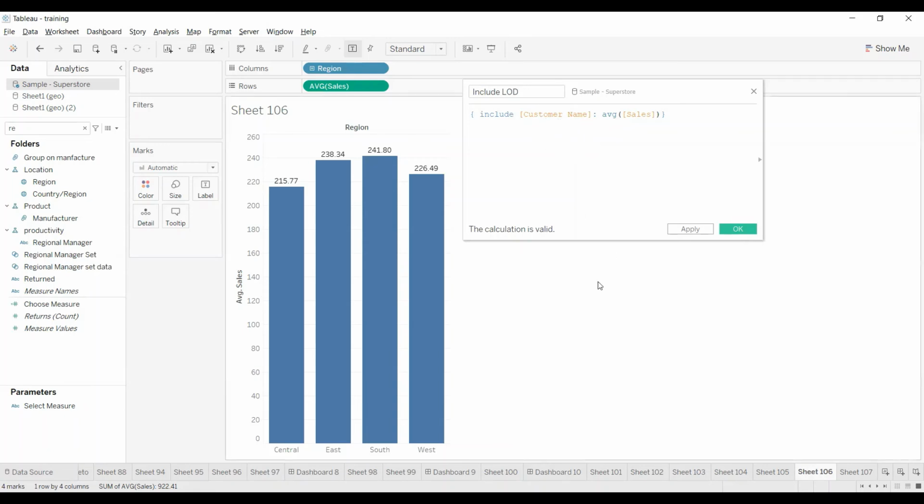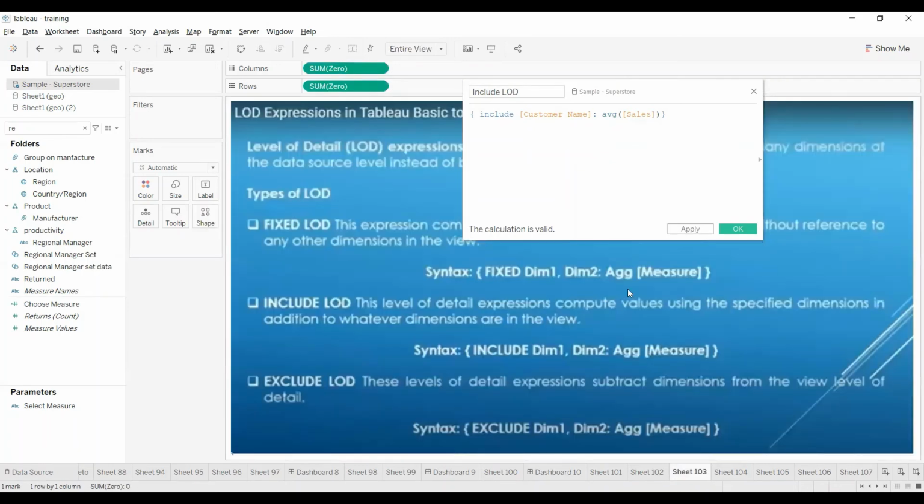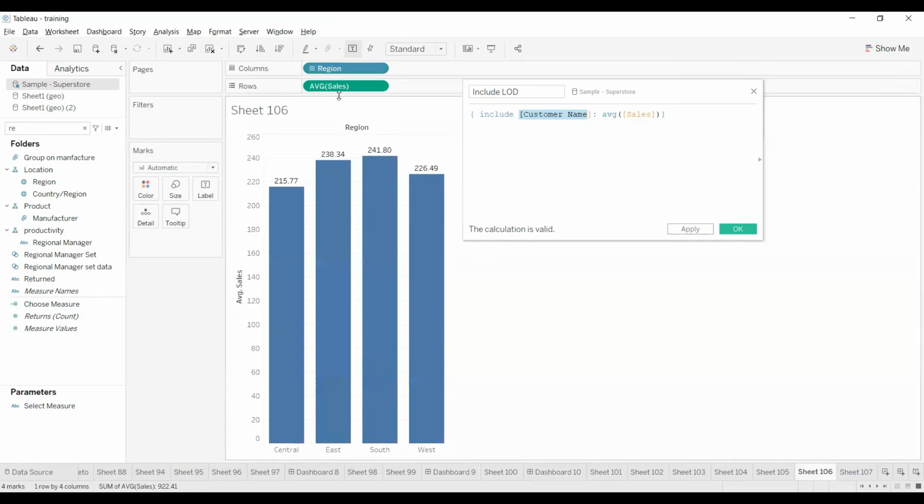This is called include: it includes the specified dimensions in addition to whatever dimensions are in the view. What is the specific dimension? Customer name. Apart from the region, we are calculating at the customer name level.